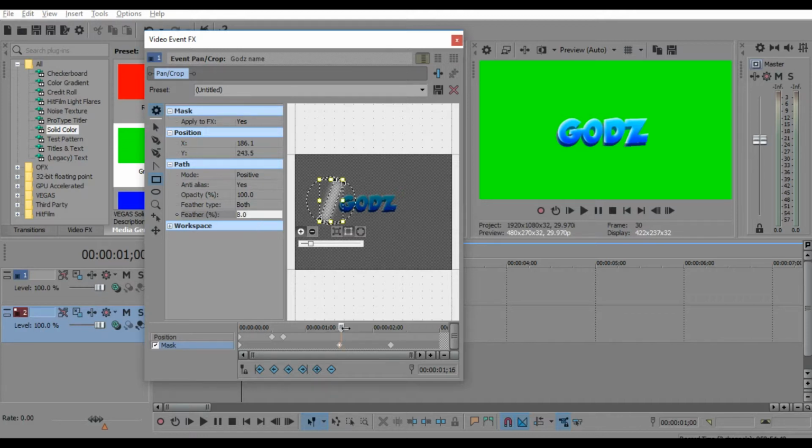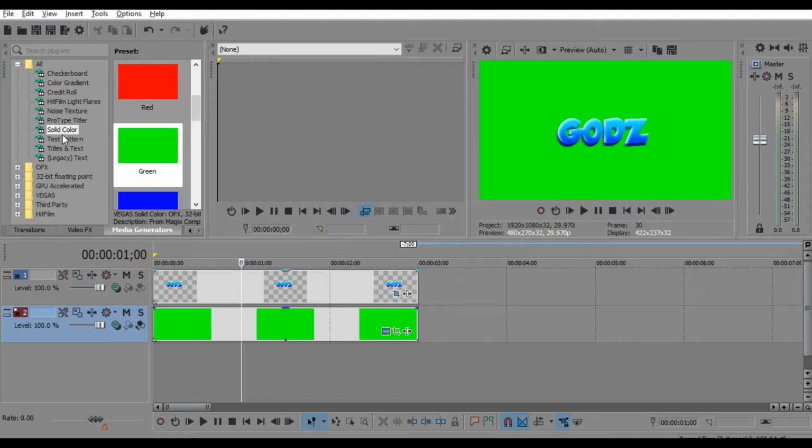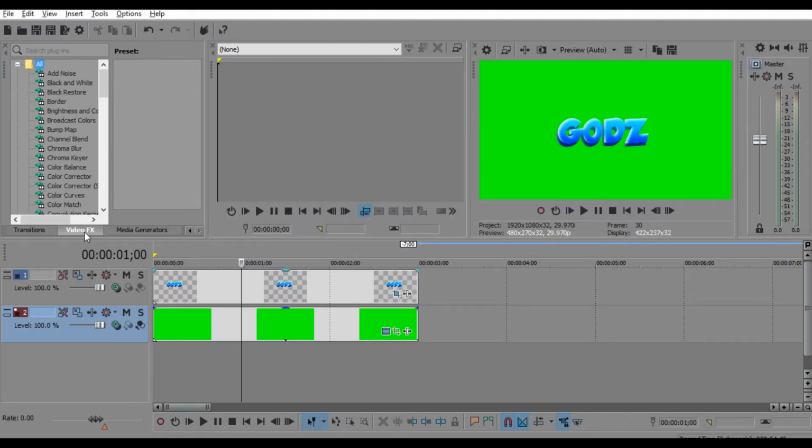Then we're going to go to this second keyframe, put the box over here and keep it like this. So there we go. Now we have that done. Now you're going to X out of this and go to video effects right here next to media generators where